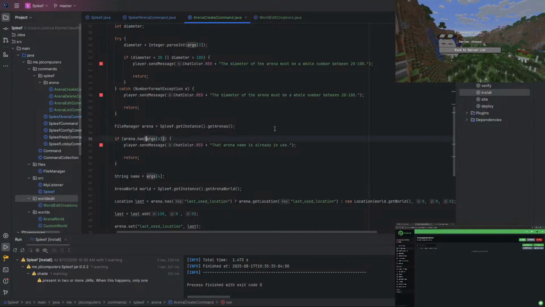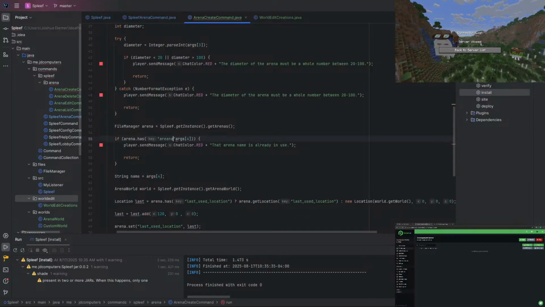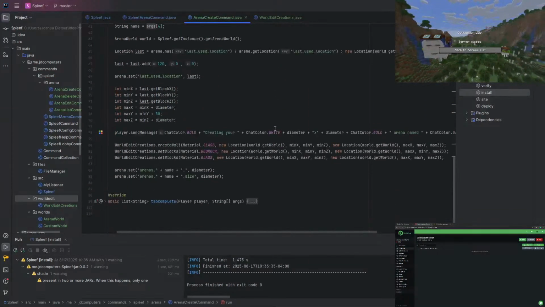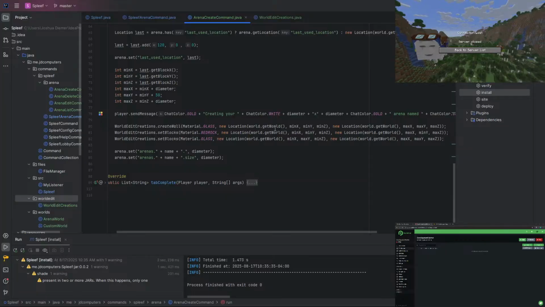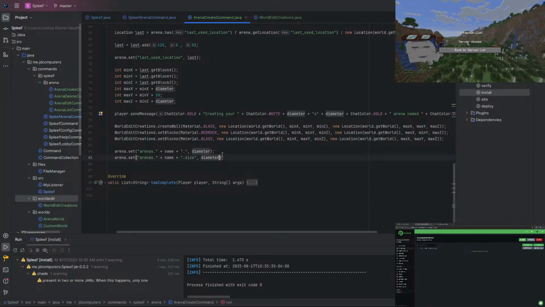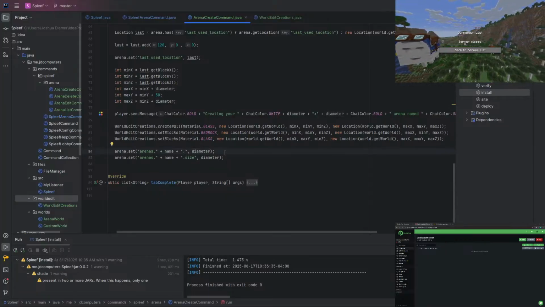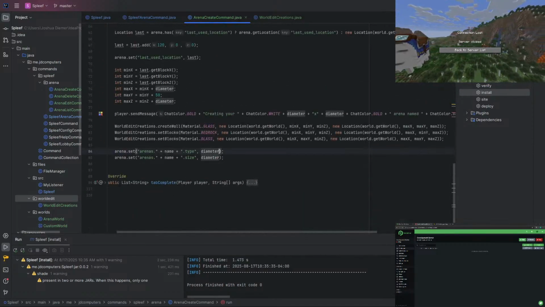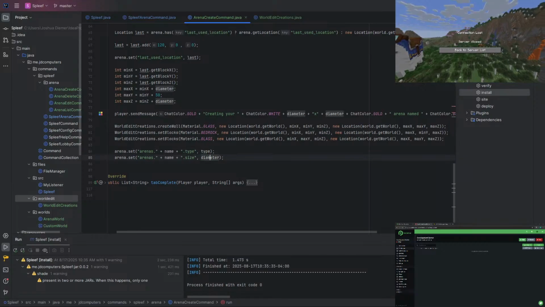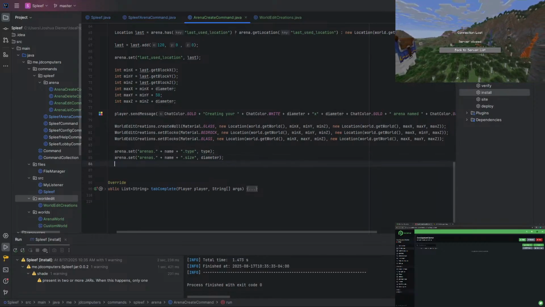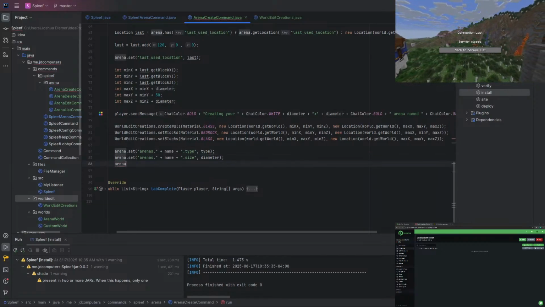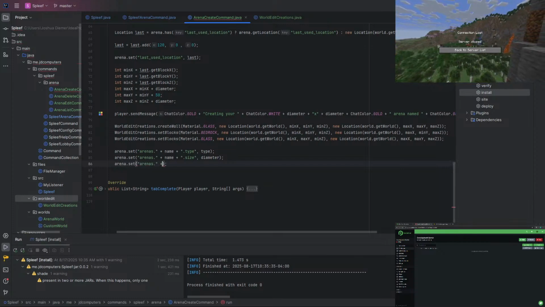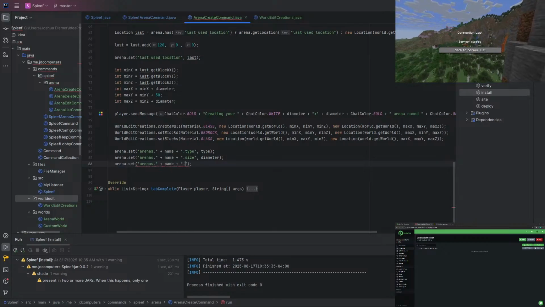This would mean I need to change this to arenas dot plus this. Then not size, type, which would take in the type. And then we need arena dot set arenas dot plus name plus dot from,